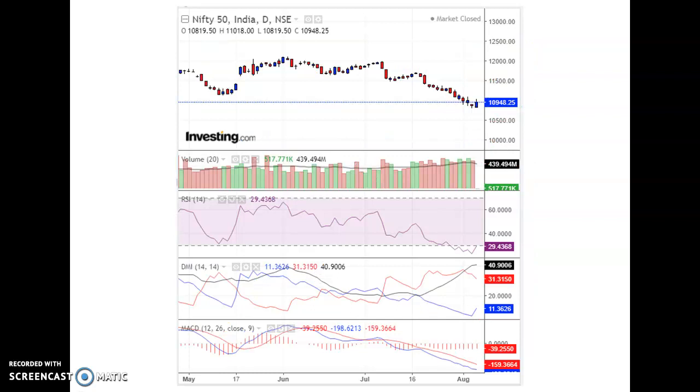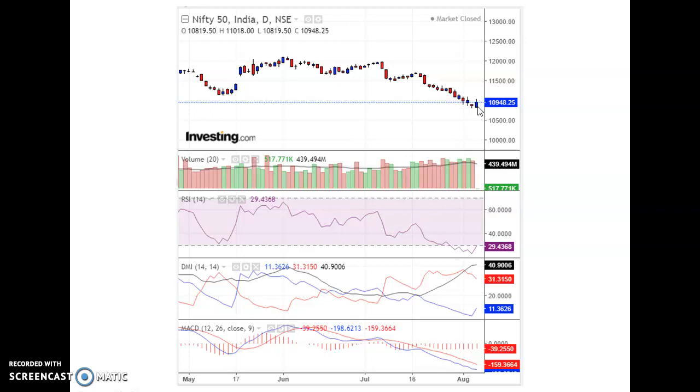Moving on to the next slide is the main Nifty 50 index. Today's price movement, the closing is 10,945. If you observe over here, this is the bullish engulfing candlestick pattern. Finally, the market pulled back on August 6th after the sharp sell-off in the last few sessions. The optimism about a rate cut by the RBI Monetary Policy Committee on August 7th and short covering lifted the benchmark index,